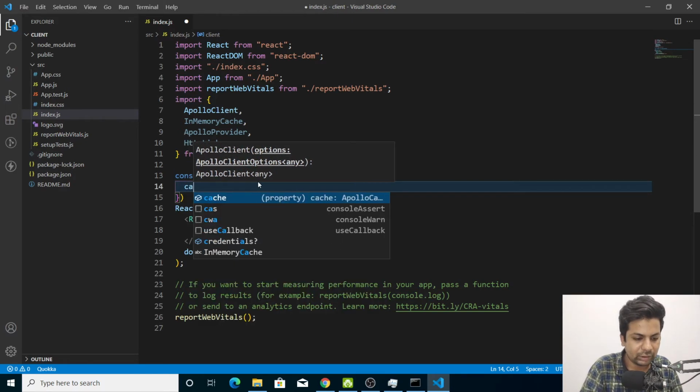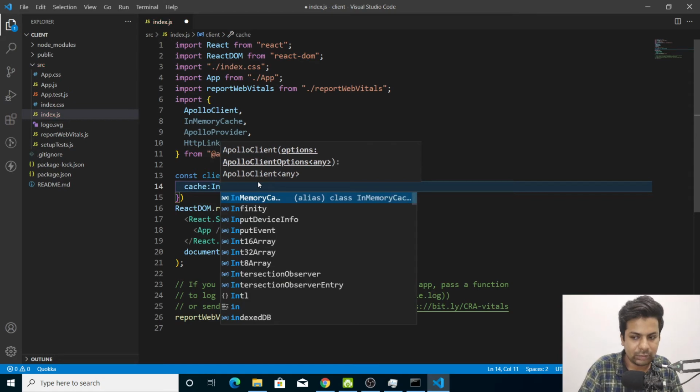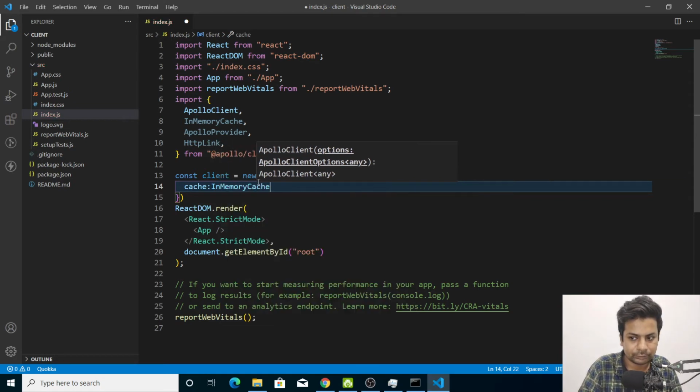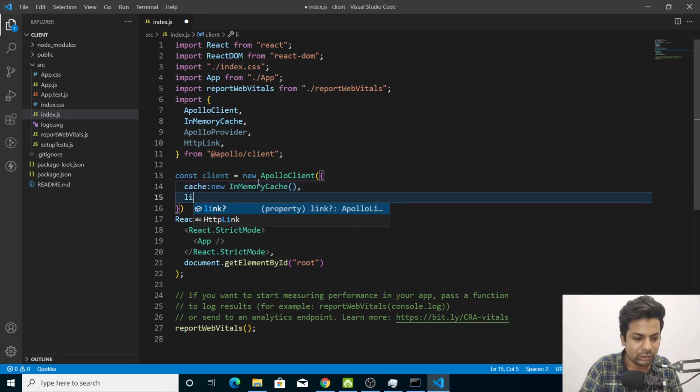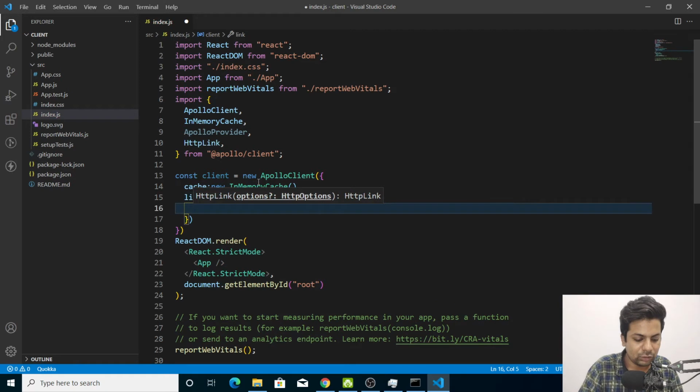We'll say cache, and we'll say new InMemoryCache. Then we'll say link, and we'll say new HttpLink, and here we'll say uri.